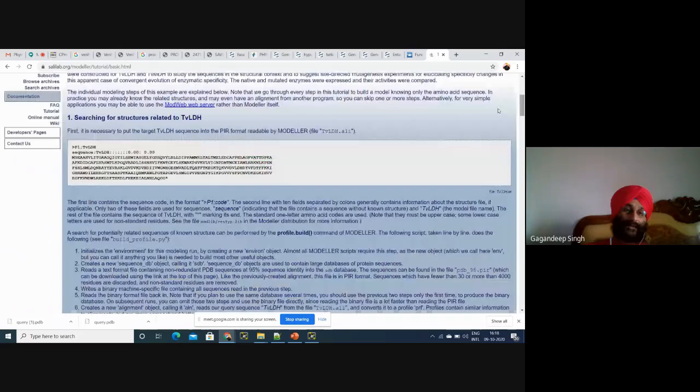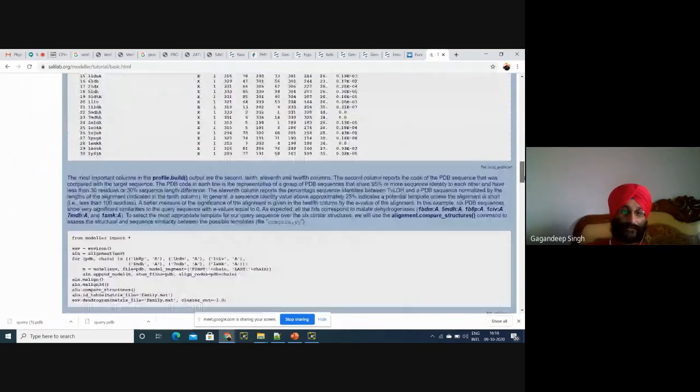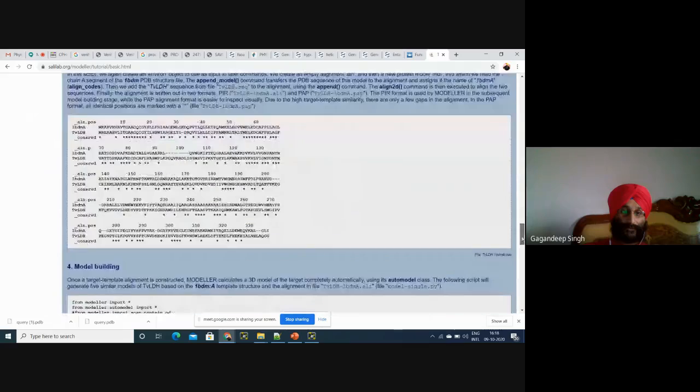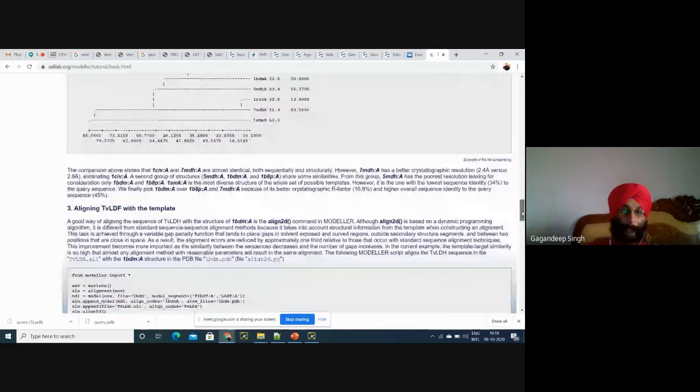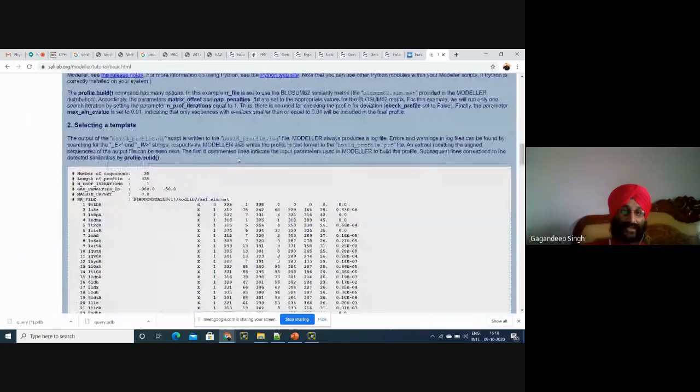See, here it has some structure, but it is in PIR format. What is PIR format? I'll tell you during MODELLER. They have selected some sequence. Now, what they have tried, there are some scripts. Second step, selecting a template, that I have told you.